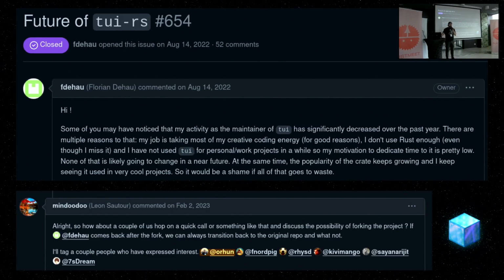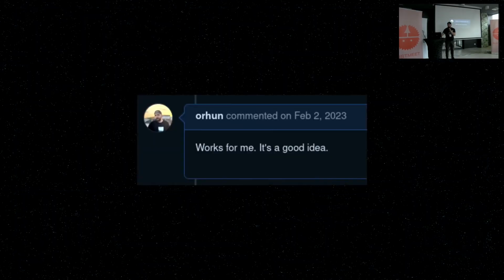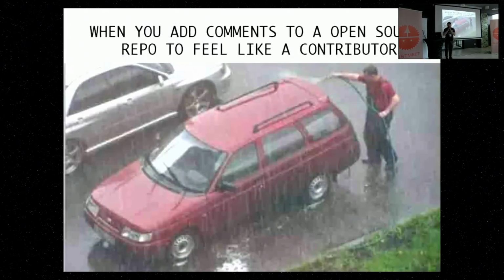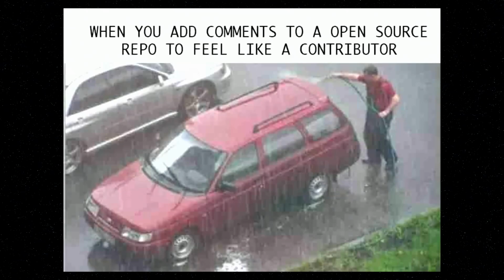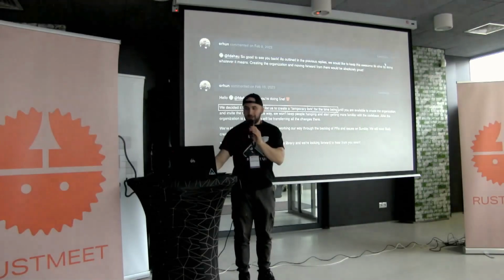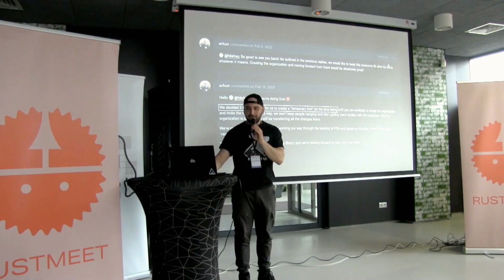So I basically joined the discussion in this issue because I was highly dependent on this project. So I said, works for me, it's a good idea. Well, when you add a comment to an open source repo, you feel like a contributor, well, it happens, everyone does that before. So yeah, we basically decided to do something about it with the other people, and we wanted to create